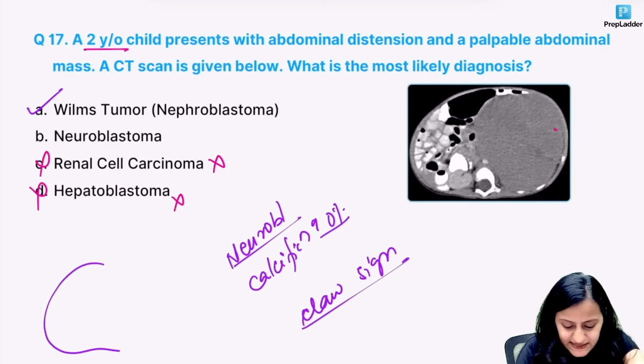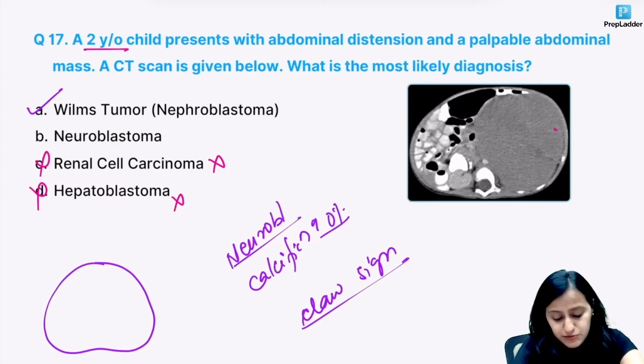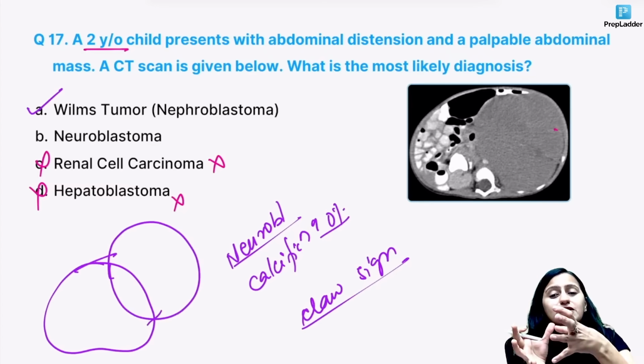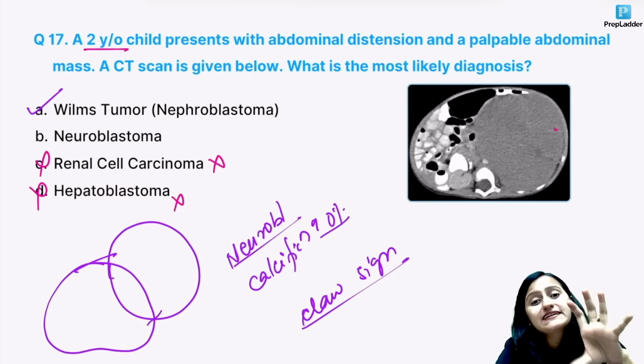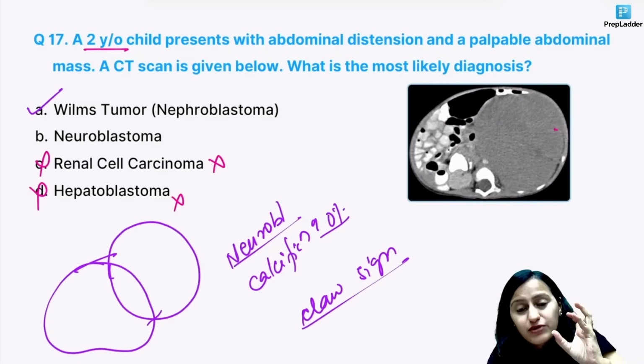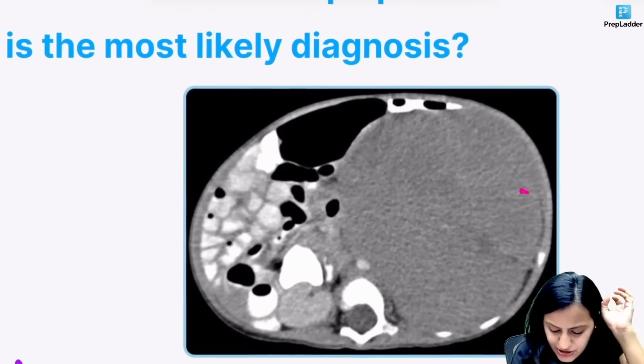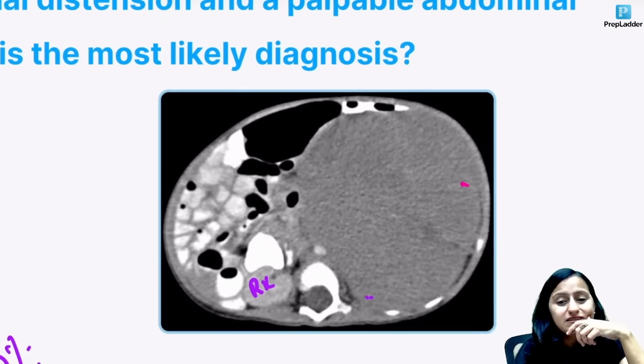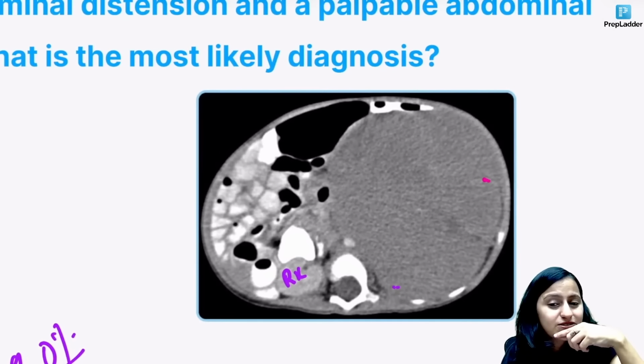So if this is the kidney, the Wilms tumor arises from the kidney. You would see the kidney making a claw around that tumor. That tells you that this is the organ of origin. If you look at this image, this is the right kidney. You are not seeing the left kidney here. Very difficult to appreciate the claw sign here.